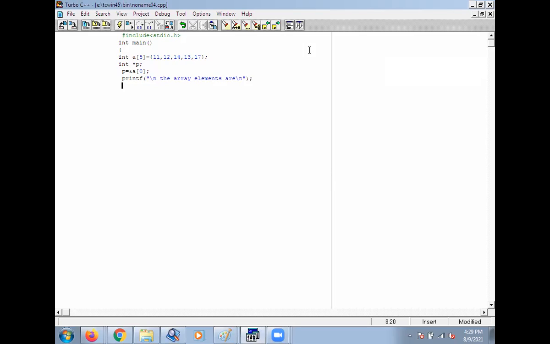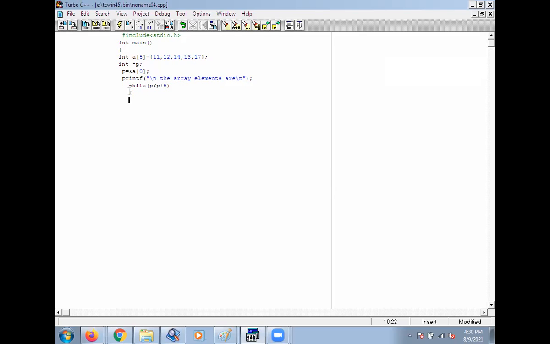Then here we should declare a condition for your pointer, that is while (p < p + 5). P is less than p plus 5.